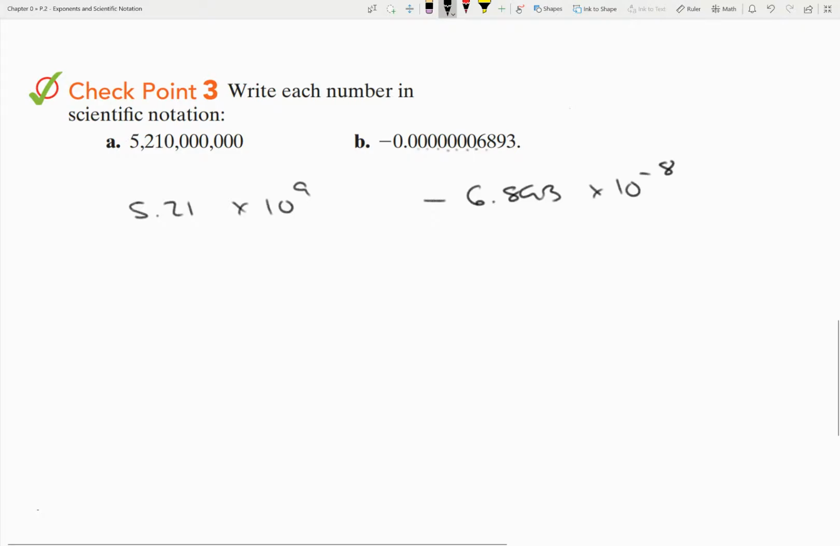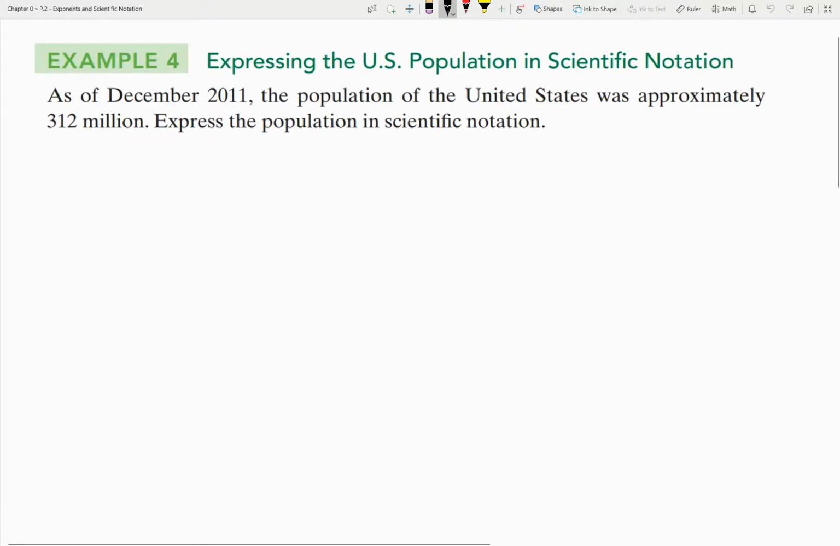All right, let's do a couple problems dealing with scientific notation. Okay, and we're going to run through these. I don't do too many of the checkpoints from here on, but mostly these are pretty straightforward. As of December 2011, the population in the United States was 312 million. Express this population in scientific notation. Well, that's